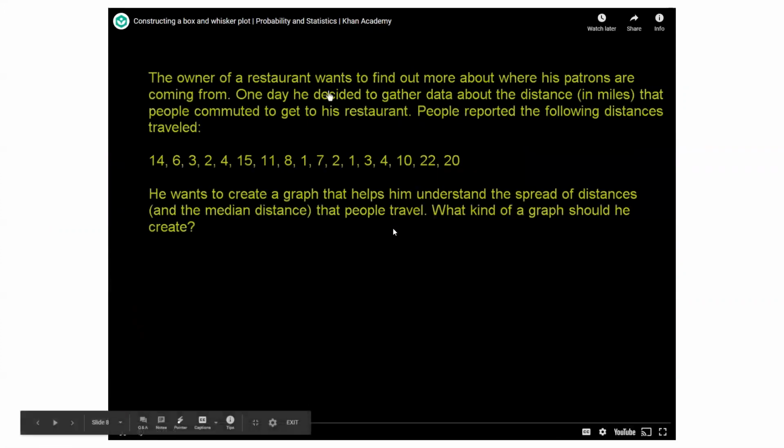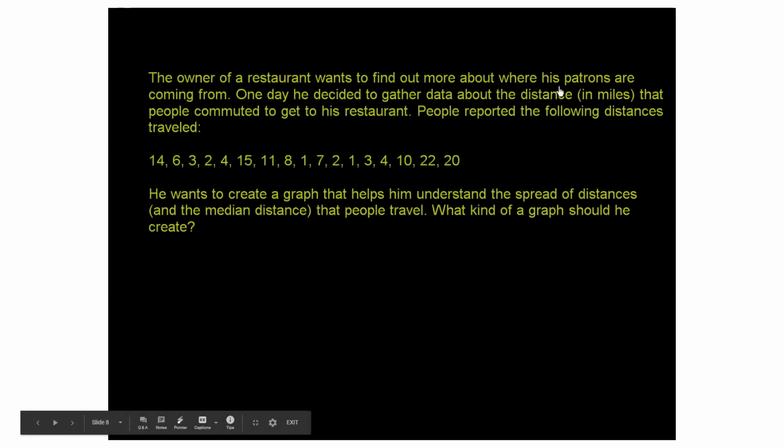The owner of a restaurant wants to find out more about where his patrons are coming from. One day he decided to gather data about the distance in miles that people commuted to get to his restaurant. People reported the following distances traveled. So here are all the distances traveled. He wants to create a graph that helps him understand the spread of distances. This is the key word, the spread of distances and the median distance